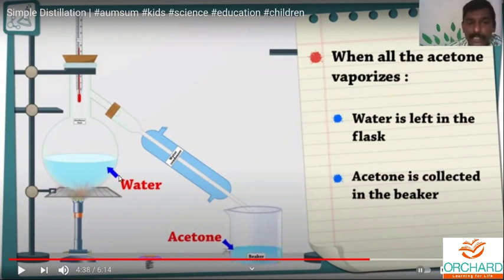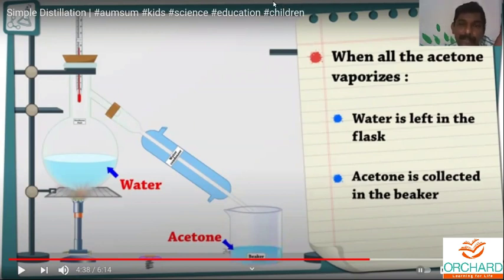So instead of acetone and water, you can also use seawater. Assume that you have seawater here in this distillation flask, what will happen once you vaporize? Once you heat it, the seawater gets evaporated. It will be evaporated into the flask and it will be coming through this simple glass tube. It will be condensed. You can see the pure distilled water. Can you tell me the real-time example of evaporation and condensation of seawater?